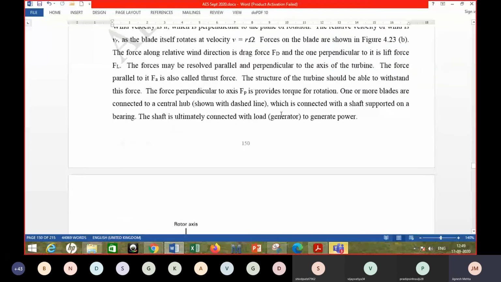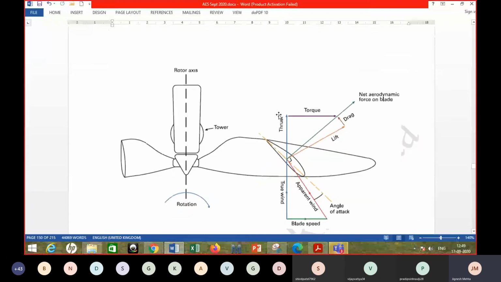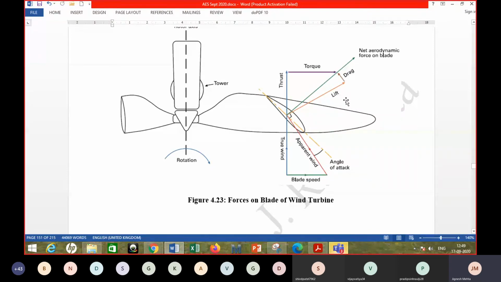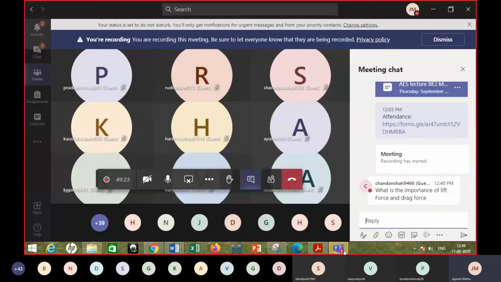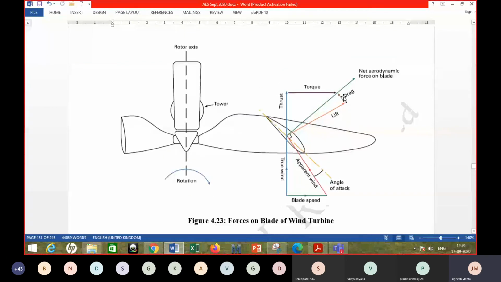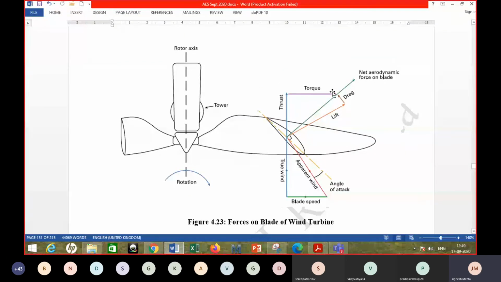Okay. So now we'll talk about the force polygon that you find. Yeah, so maybe you will get the answer after discussing this force polygon. So here,